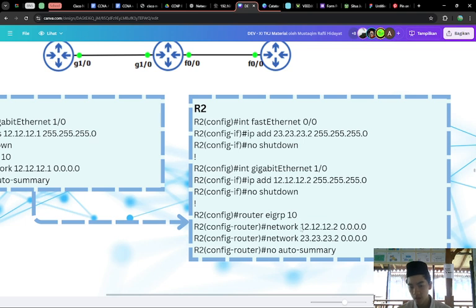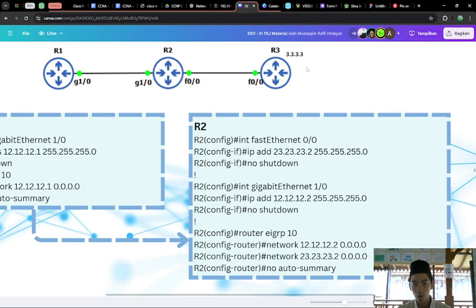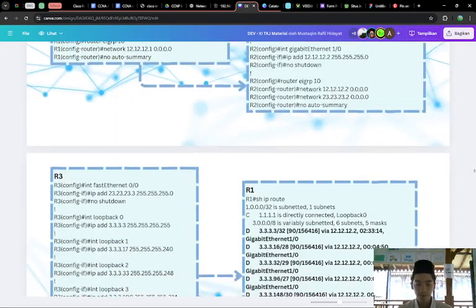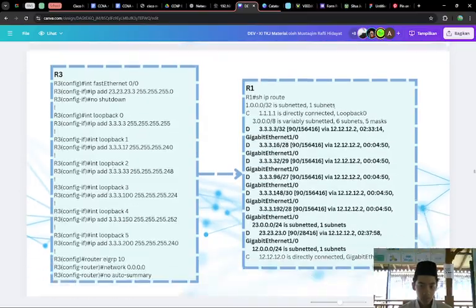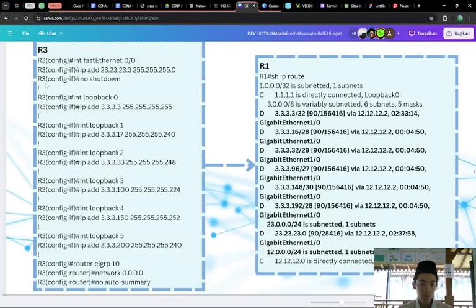This is for connecting all the routers, like there is network 12 and network 23, and then no auto-summary.